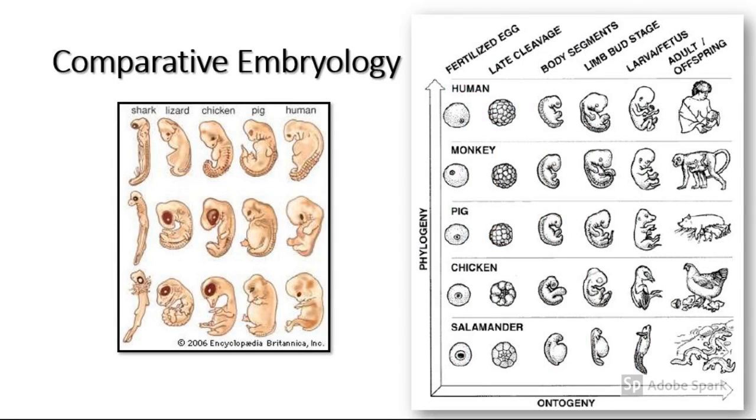Comparative embryology is the scientific comparison of different types of embryos. Vertebrate embryos develop in similar ways, suggesting that vertebrates share genes derived from a common ancestor. You've learned that the development and differentiation are under the control of your genes. Similar patterns in early embryonic development suggest that vertebrates share the genetic heritage of a common ancestor.